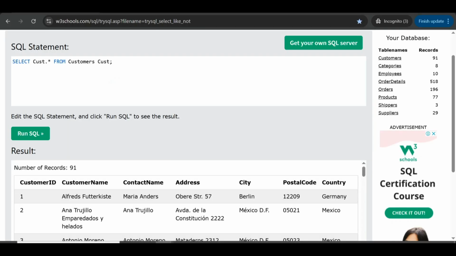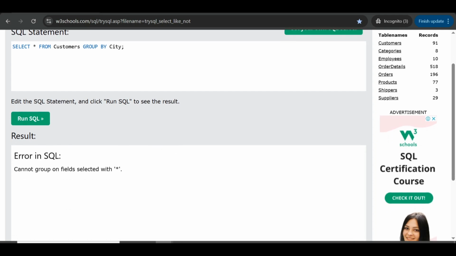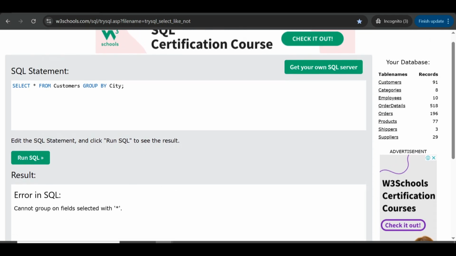Next is GROUP BY. As the name says, its function is to group by a specific condition. For example, I will group by city.